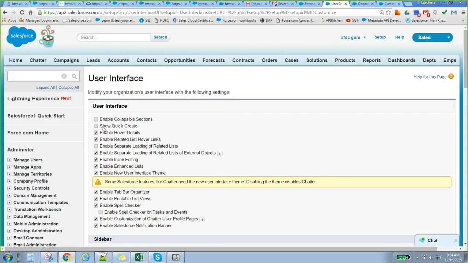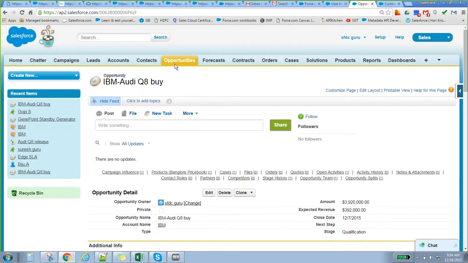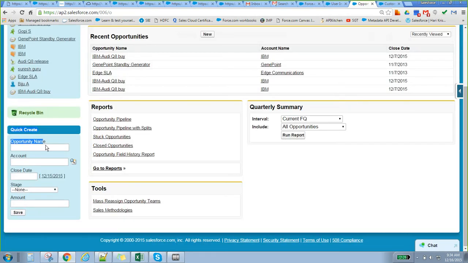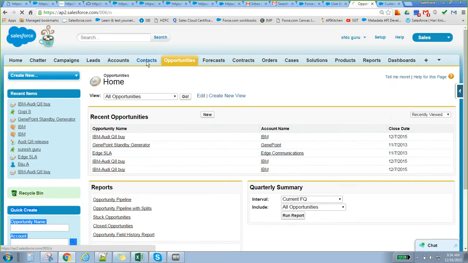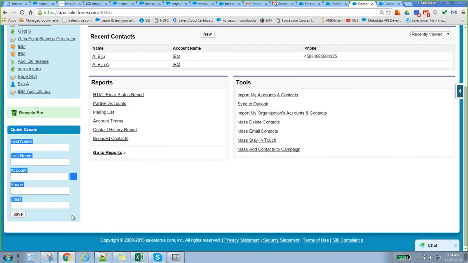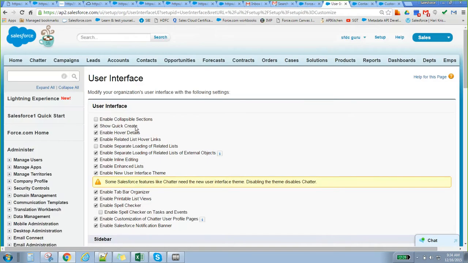Next, show quick create. What is show quick create? If you navigate to any one of the tabs, let's say opportunity, you see there is a quick create for opportunity, right? Correct. If you go to contact, there will be a quick create as well. If you disable this quick create, those options will not be available.